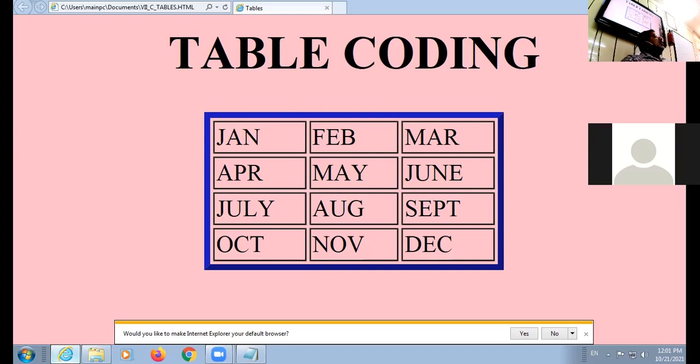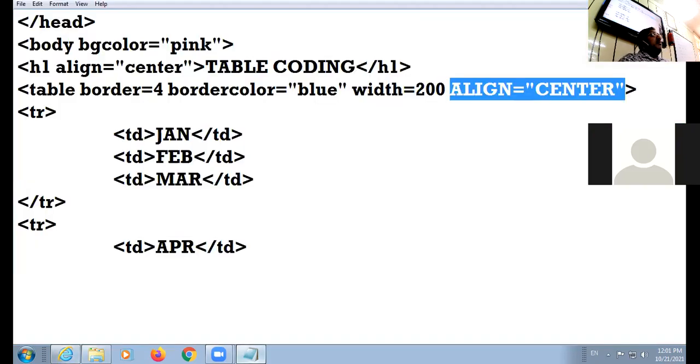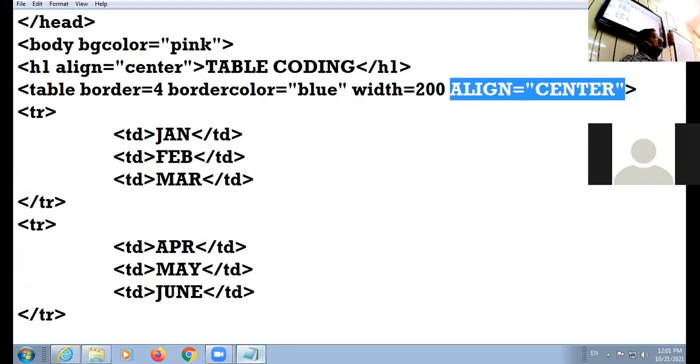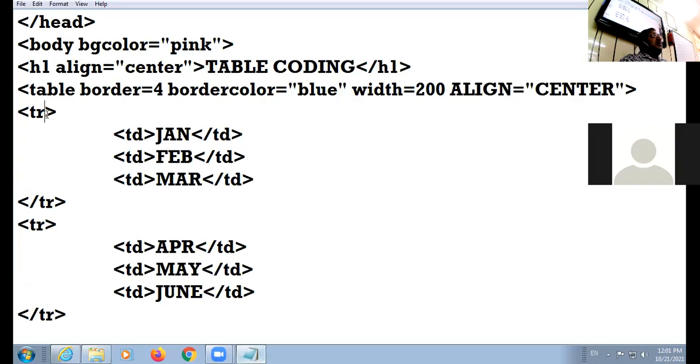अब आप ये चाहते हो कि डाटा सेंटर में कैसे आए. ये देखो बेटा, मैं क्वेश्चन पूछ रहा हूं, बी अलर्ट. टीआर में जाइए, जिस रो को सेंटर में करना है उस रो के टीआर में जाओ, स्पेस अलाइन इक्वल टू सेंटर.